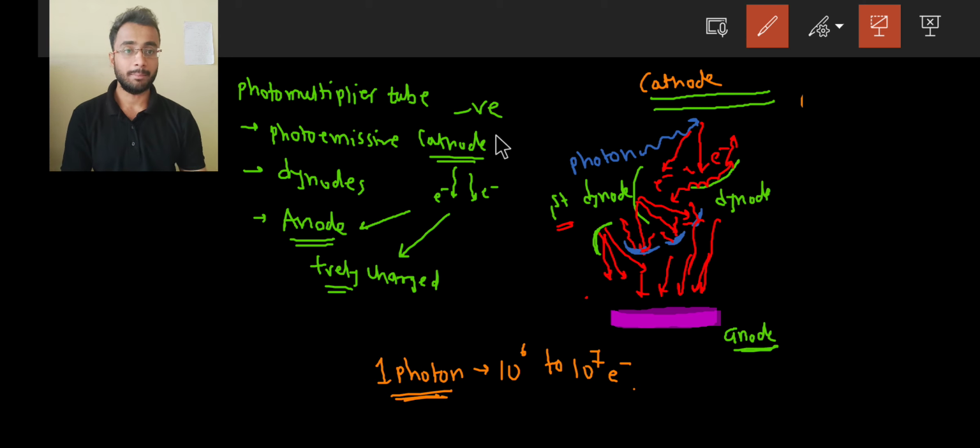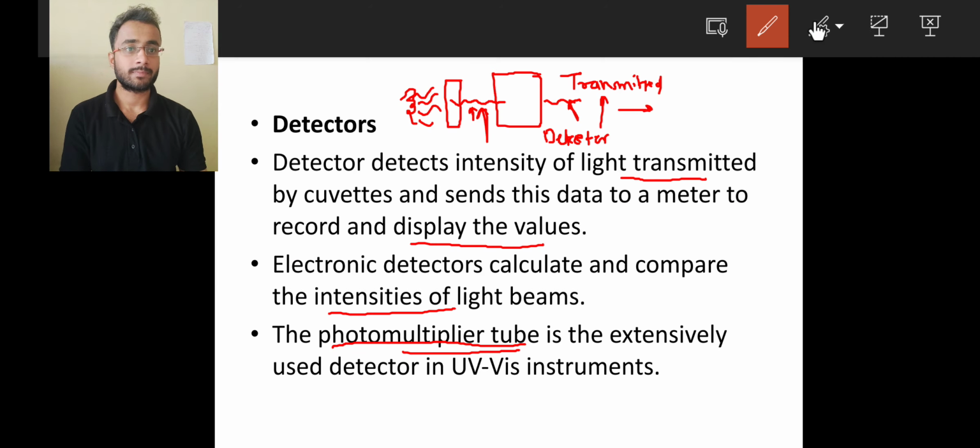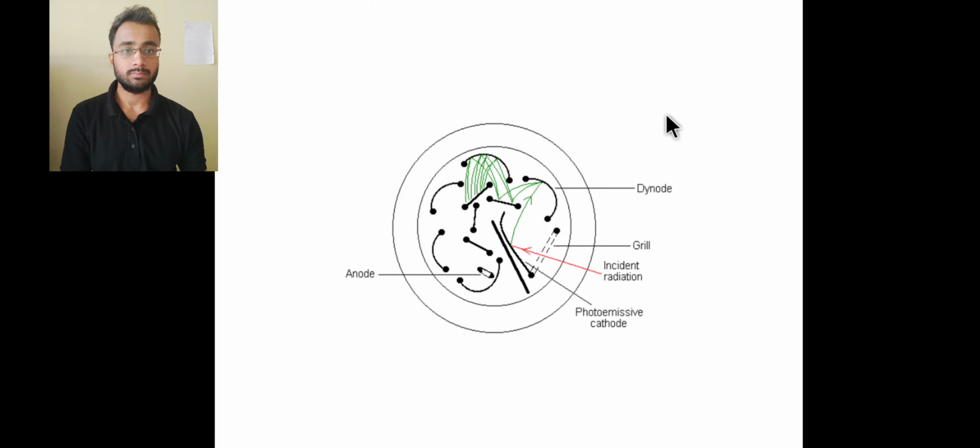So this is the mechanism of a photomultiplier tube. I hope you have understood this. So this is the structure of a photomultiplier tube. See, this is the incident radiation which will hit a cathode. This is the photoemissive cathode. The incident radiation will hit this photoemissive cathode and it will emit electrons which will hit the first